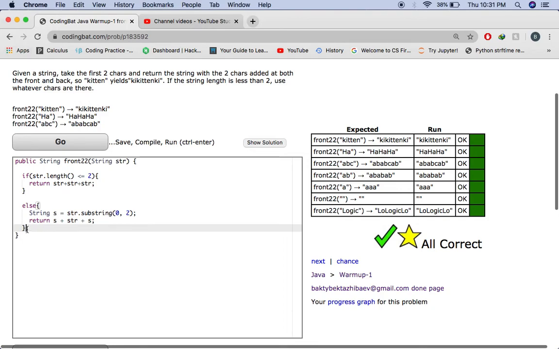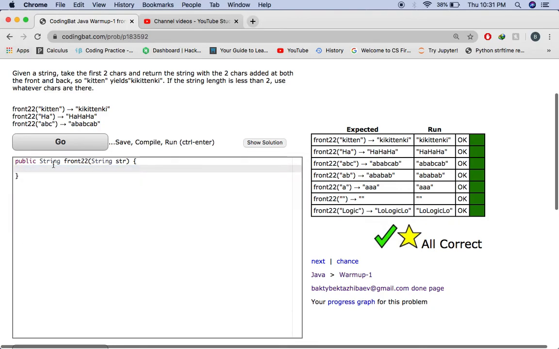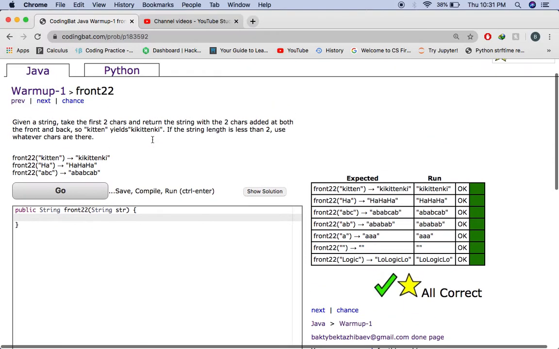Alright, so we are gonna talk about this right here. So let's see, here we're gonna use a substring, and this is also Codingbat Warmup-1. The question is front22. Given a string, take the first two characters